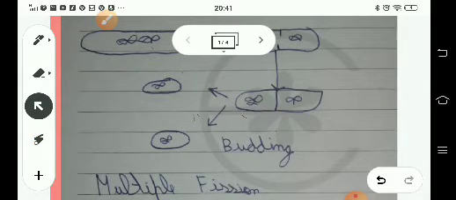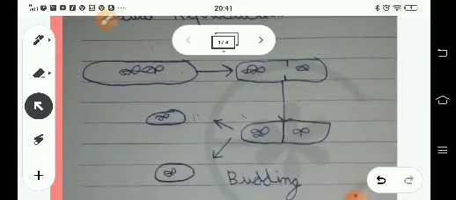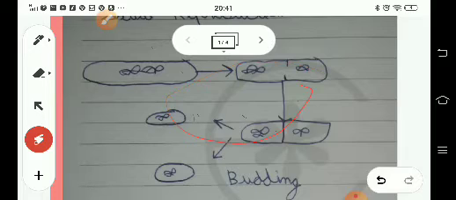Now this diagram, can you see over here, is of binary fission. Binary means two and fission means splitting. Binary fission is the simple division of a unicellular organism into two daughter cells. For example, this is a unicellular organism, it will divide into two daughter cells, both roughly of equal size, then they will grow into adult individuals and again divide. It basically takes place in bacteria, euglena and so on.